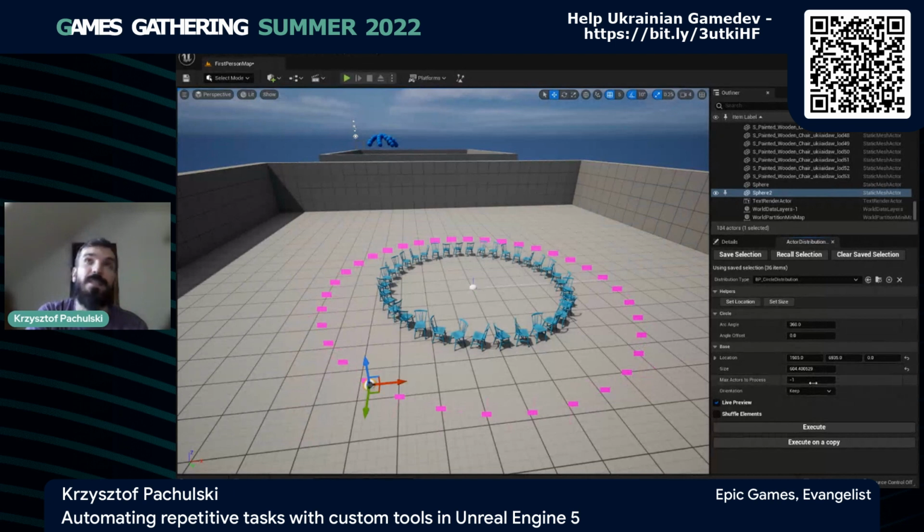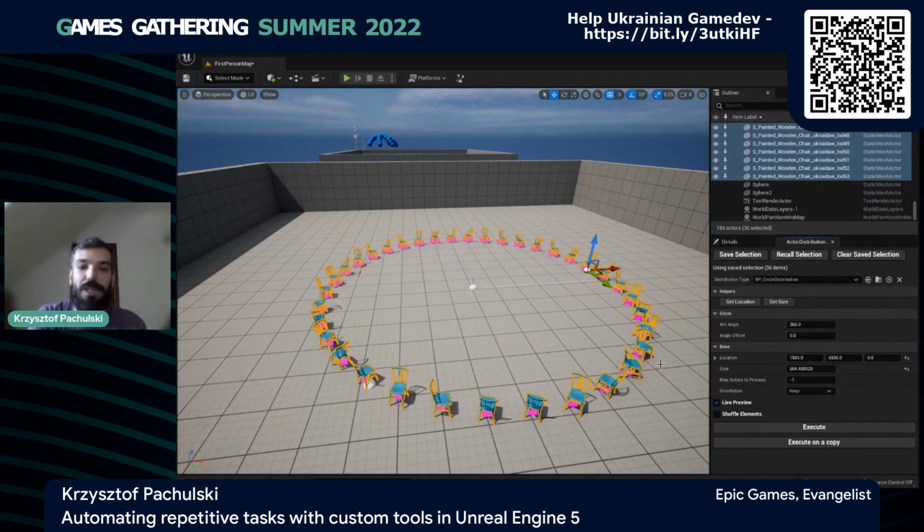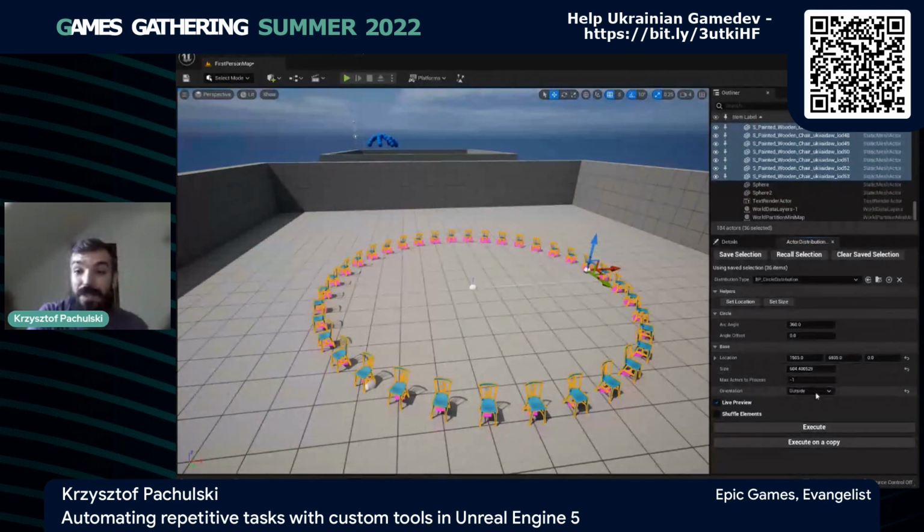Here I can just decide to process only a subsection of those actors. So if I just go, for example, 3 or 4, if I go -1 or 0, it will select all of them, and then I can say what I do with rotation. So if I do keep and hit execute, the rotation will be just quite random. But if I say inside, they will all face inside. If I say outside, I have already a wedding game. I mean, very easily creating just those different little setups of